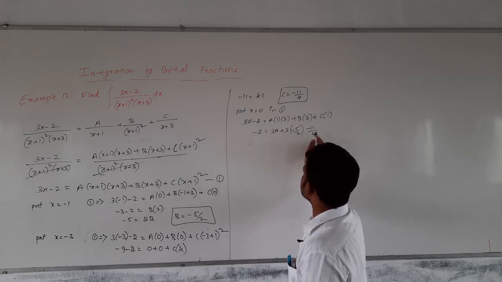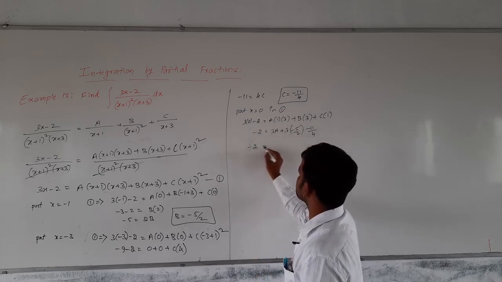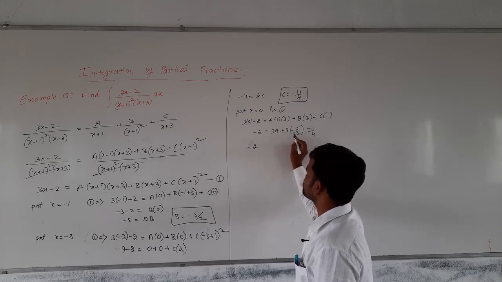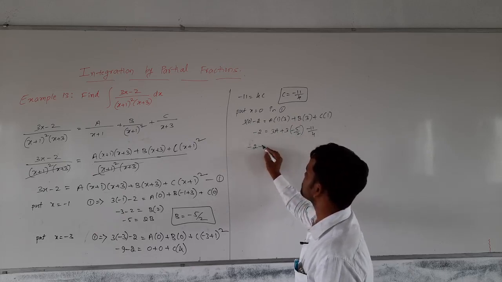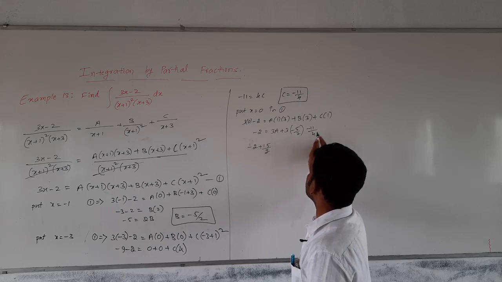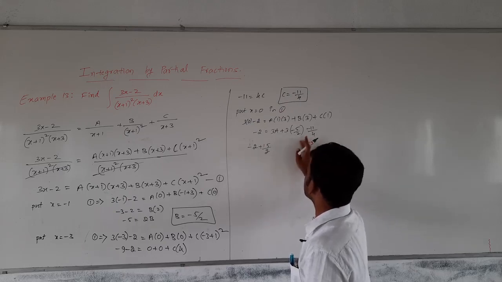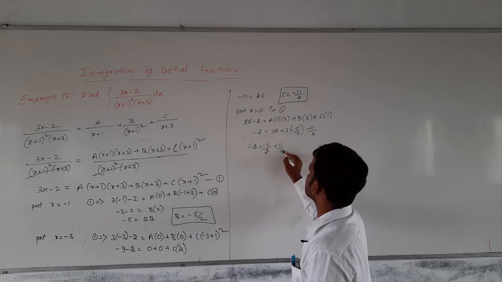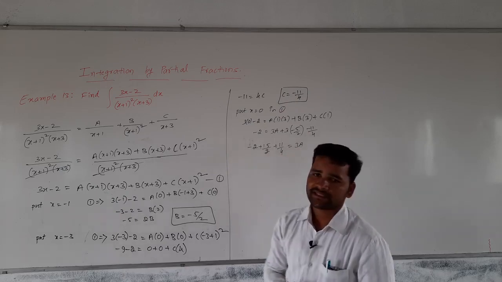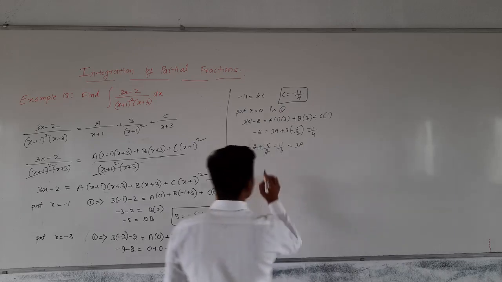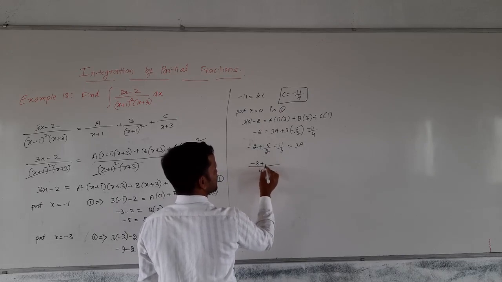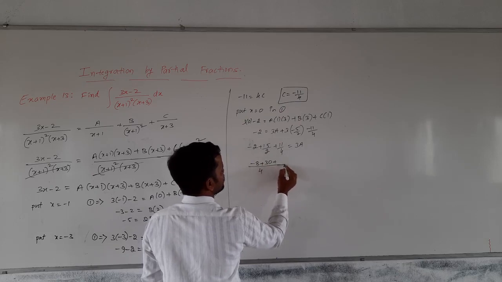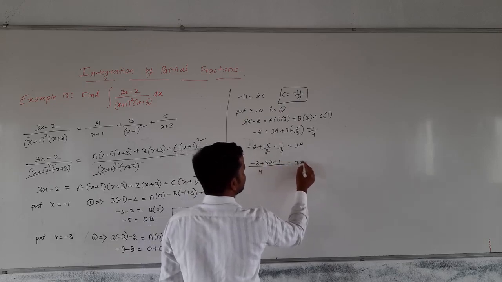Let a be on the right hand side, take these terms to the left side. This is −2 is equal to, here 3 into −5/2 is −15/2. If you take it to the left hand side, this becomes plus 15/2. And here −11/4, if you take it to the left hand side, it becomes plus 11/4, which is equal to the right hand side 3 into a. Take LCM. LCM is 4. Minus 2 into 4 is −8. Here it is 15 into 2, 30. And 4 into 1 it is 11, which is equal to 3 into a.